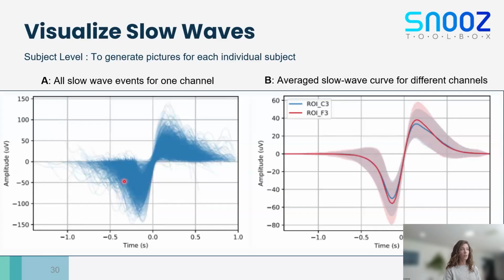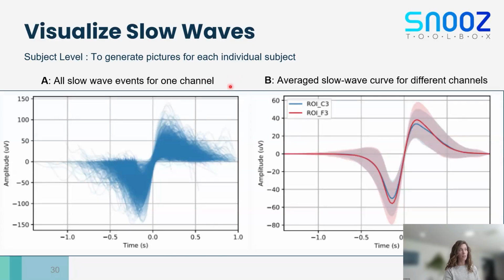If you have a few detections with a super high amplitude, it's going to be skewed and it's going to be easy to identify. Afterwards, you can look at the list of all the slow waves with all their characteristics, find the one with the high amplitude, and check the signal